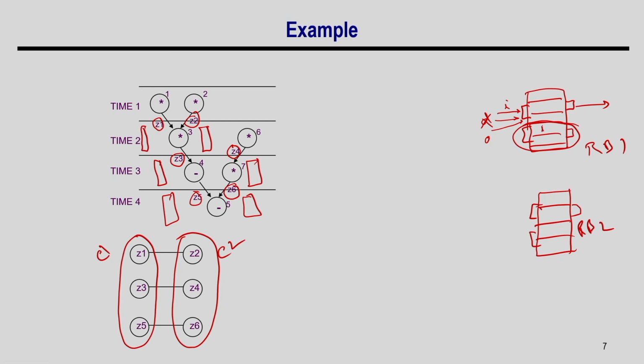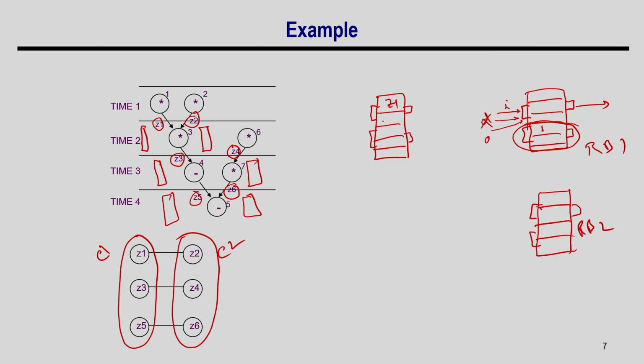Okay. Now, come back to this multi bank register bank, right. So, let us say I have one register bank which has, say, 5 registers, and it has 2 ports. Okay, let's have 2 ports. What we have seen is that Z1 and Z2 cannot share a single register, because they are accessed at the same time step, right. But now, if you think about the register bank, since it has 2 ports, I can put both Z1 and Z2 into the same register bank, not into the same register, but in the same register bank, right.